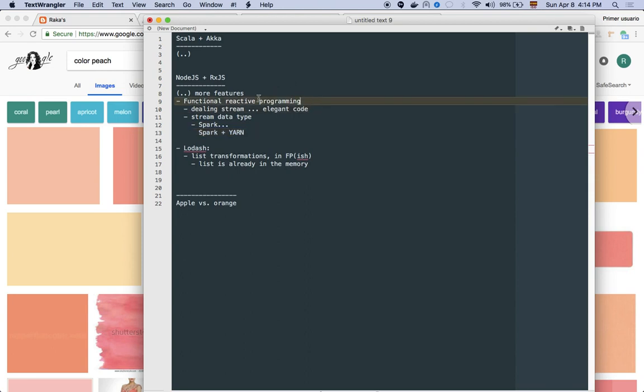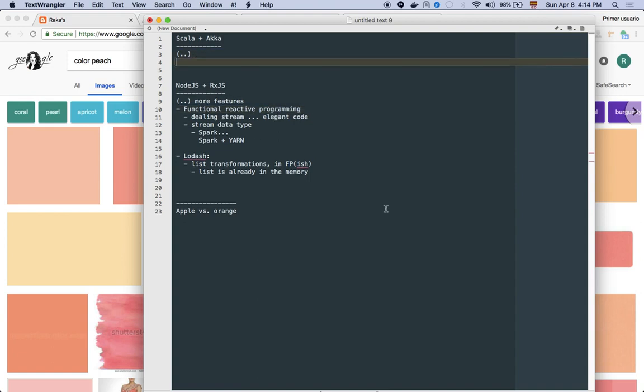Okay, so that was the only reason why I rewrote the crawler. Besides, I used to think that the implementation in Akka